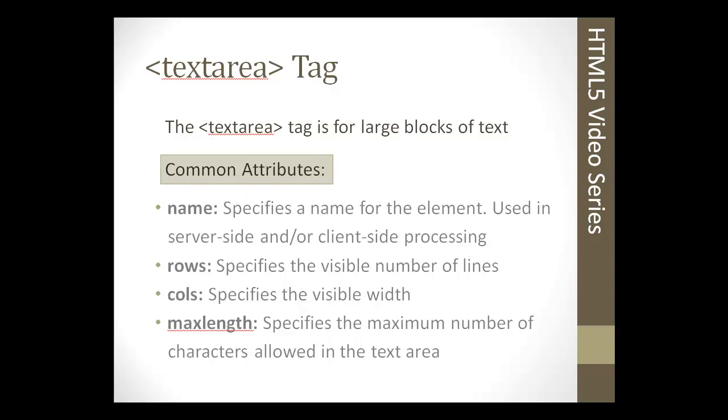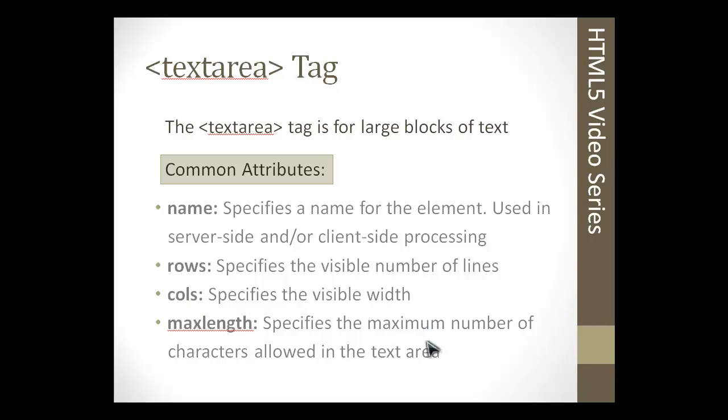Text area is another one, and a text area tag is used for a large block of text. This would be maybe a comments field or a message field on a contact form, which I'll be showing you in the project for this section. And the text area tag takes the name attribute, just like the input and pretty much the rest of the input type tags, and it has a rows and a cols attribute. The rows would specify the length, the number of lines, the rows of the text area, and the cols would specify the visible width, so it would be the